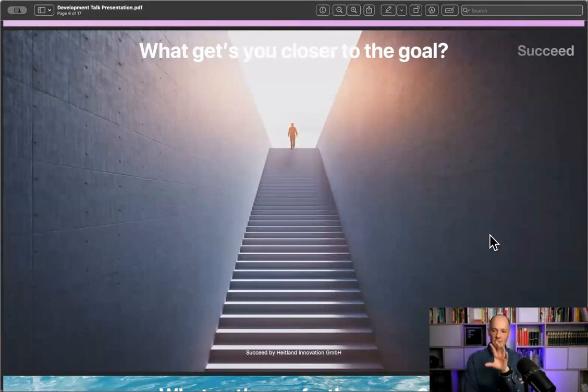So if you have a goal, if you have a picture for yourself in 5 years, what are the things that help you to get there? What are the habits? What are the different activities that get you upstairs? And then you can help them to build a bullet list. It's not formulating everything out. It's just, okay, what are the different things you believe will help you to get there?